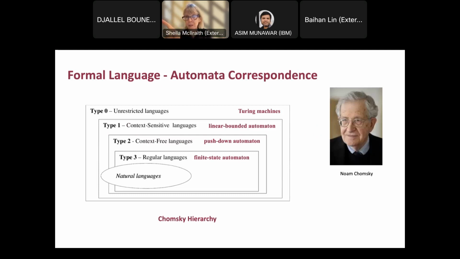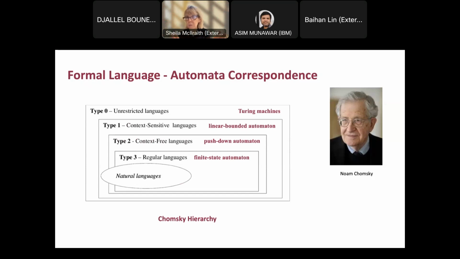But the picture on the right is Noam Chomsky, and the diagram on the left is what's referred to as a Chomsky hierarchy, which is a hierarchy of increasingly expressive languages that go all the way up to type 0 languages, which are unrestricted languages, which are equivalent to Turing machines. But at the bottom, the type 3 languages are the regular languages, and they can be represented as finite state automata. And those are things like Kleene star, sequence, and again, some of the macros, if-then-else, while loops.